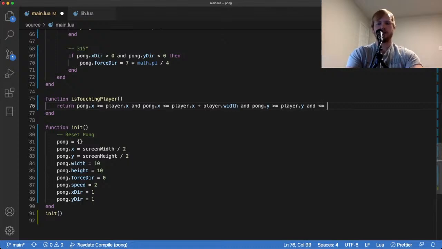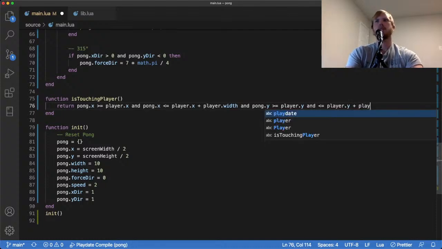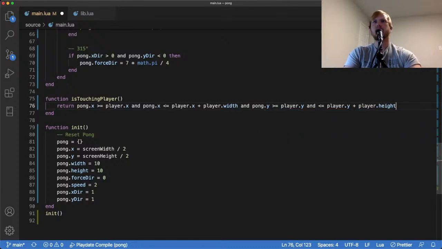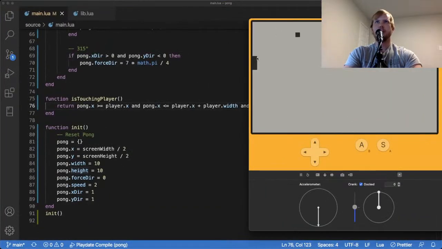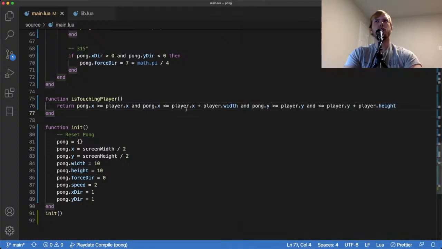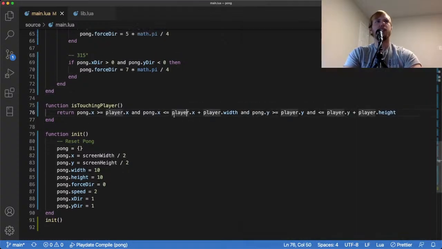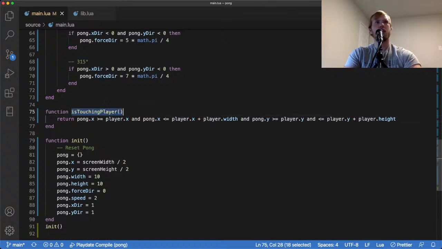less than or equal to the player's Y, player dot Y plus the player dot height, then we will know that we are inside of the cube. So again, that's checking the same thing. It's basically just saying if it's greater than the minimum but less than the maximum in this range, we'll know that it hit it. So you just check that on the X and check that on the Y, and we'll know if it's there. So let me go ahead and save this,